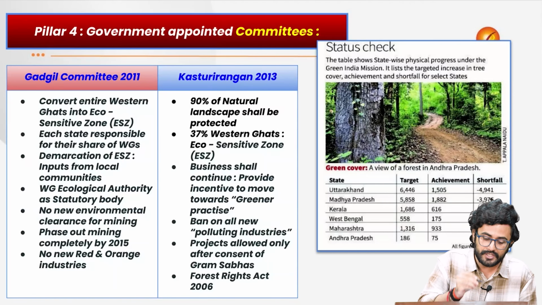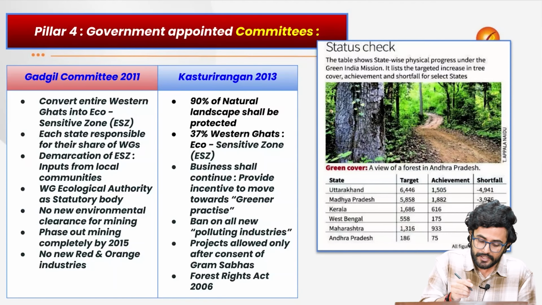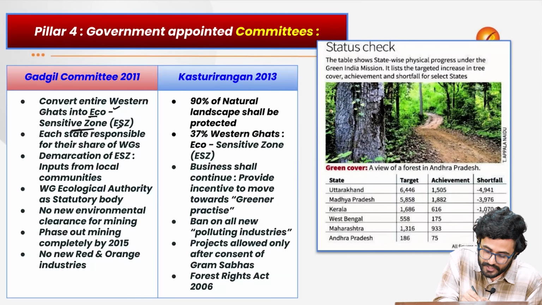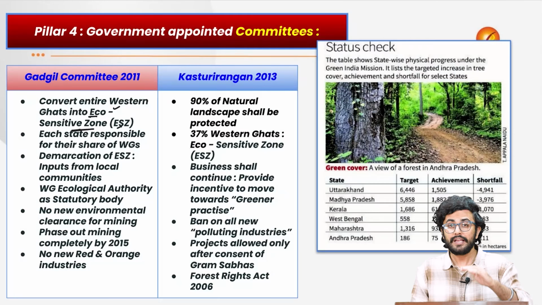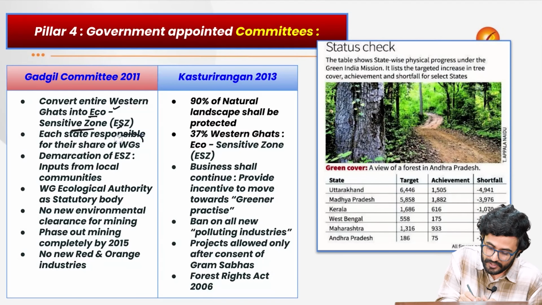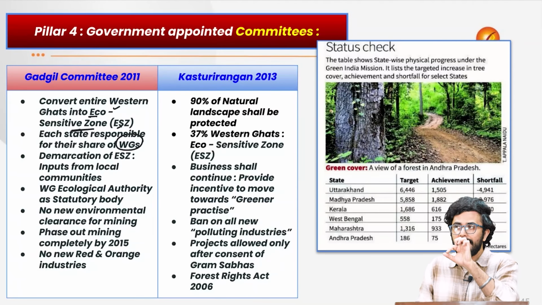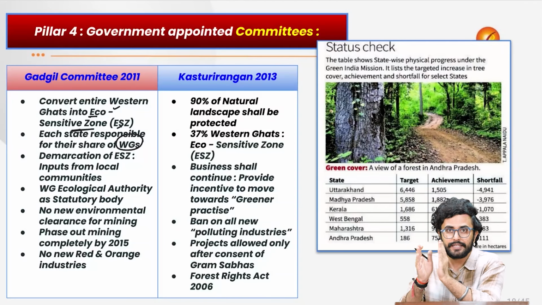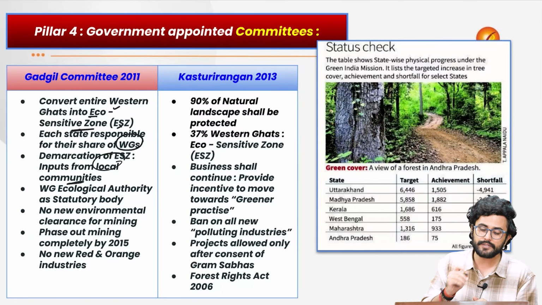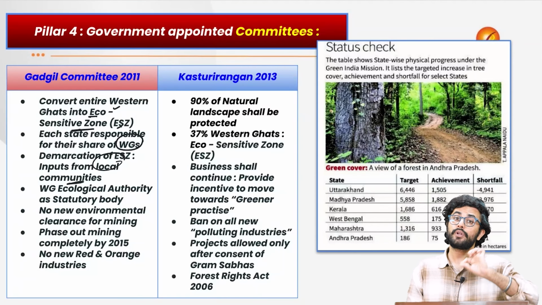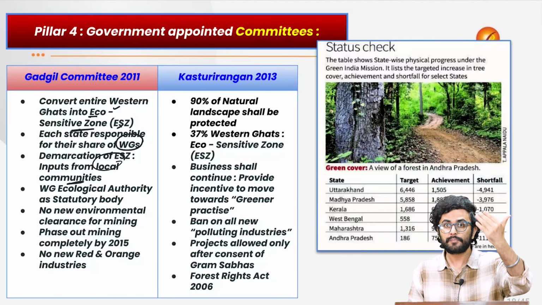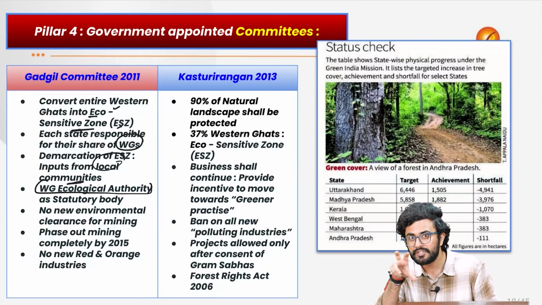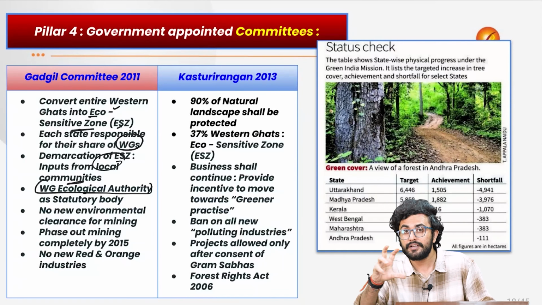For example, there was the Gadgil committee, which suggested converting the entire Western Ghat into an eco-sensitive zone, where each state shall be responsible for its share of the Western Ghat. And any such demarcation of eco-sensitive zones will be done only by taking input from the local communities. Then a statutory body will be created by the passing of an act by the parliament, and that will be the Western Ghat Ecological Authority, which will have supervisory power over any illegal construction activity which